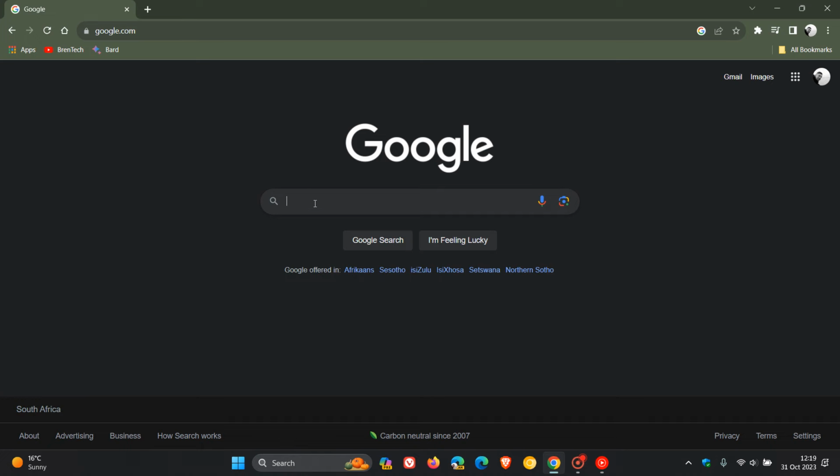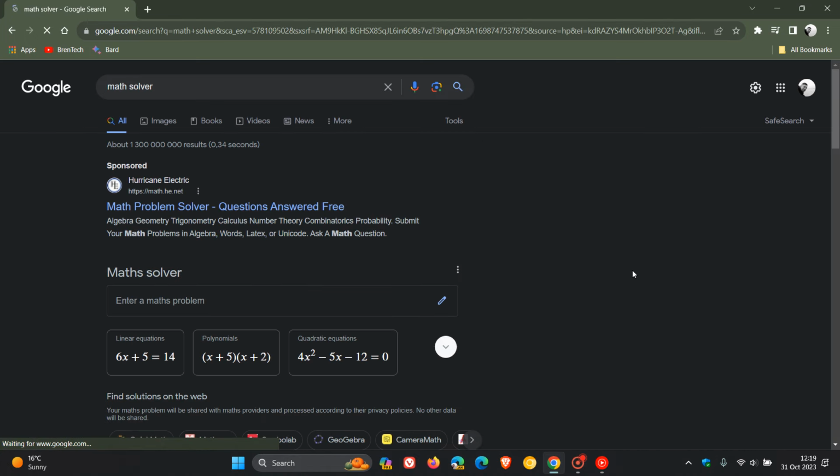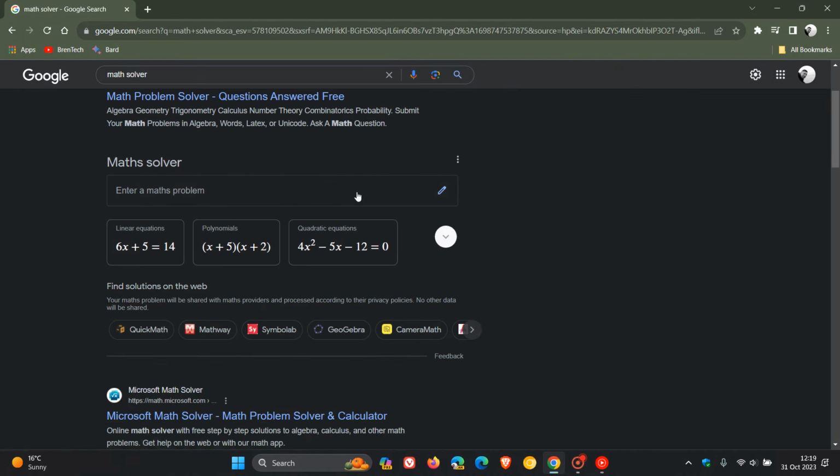If we enter Math Solver into search and obviously head over to that, here we can see Google's Math Solver, where you can obviously enter a maths problem, which the Math Solver will solve for you. And this is very similar to Microsoft's Math Solver, which we have featured previously on the channel, but it comes with a couple of improvements. So as mentioned, it includes the Math Solver. There's also a word problem solver, a geometry problem solver, and we also get some 3D models, which we'll take a look at shortly. Now, I'm going to use the exact same